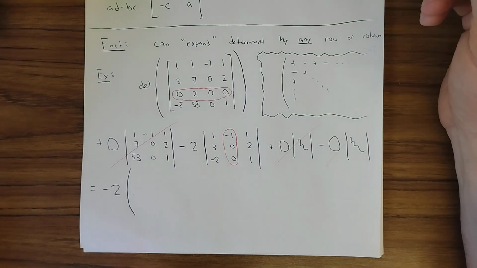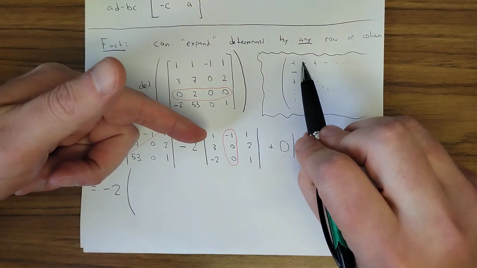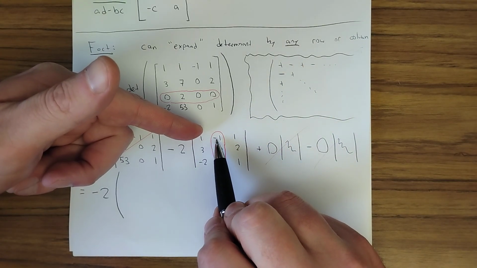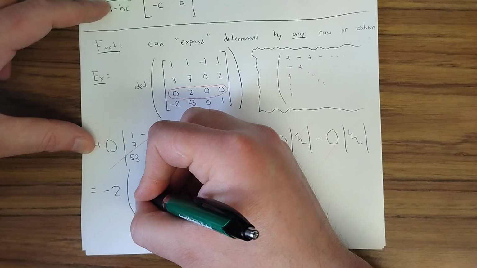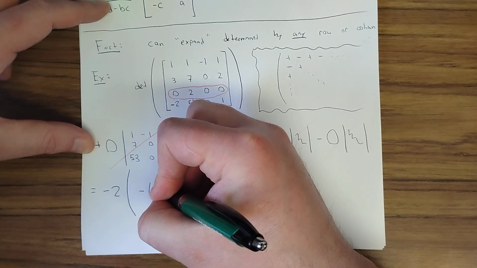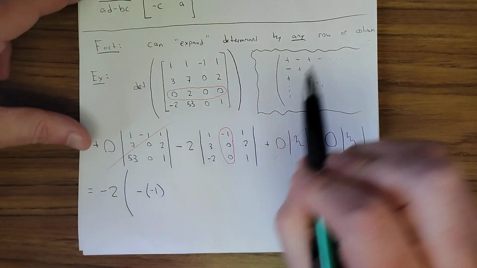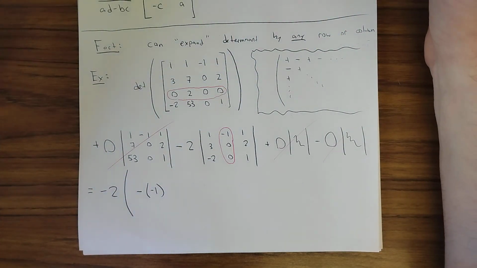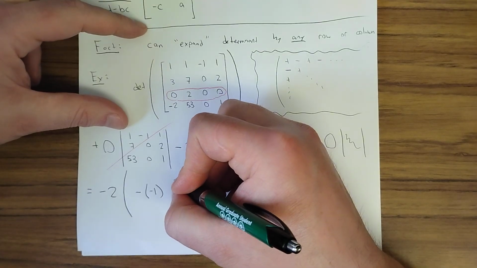I look at my checkerboard pattern. So the checkerboard pattern has a minus in this position. So I'm going to go minus 1, because this is already a -1, and the other minus is from the checkerboard pattern, times,